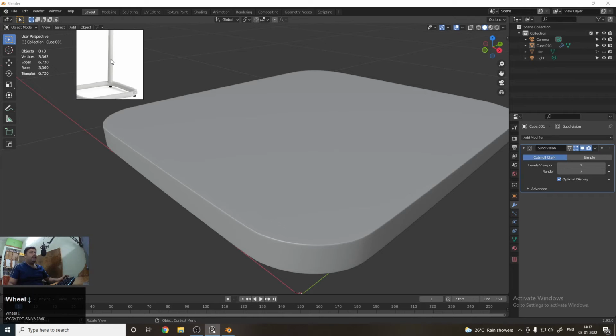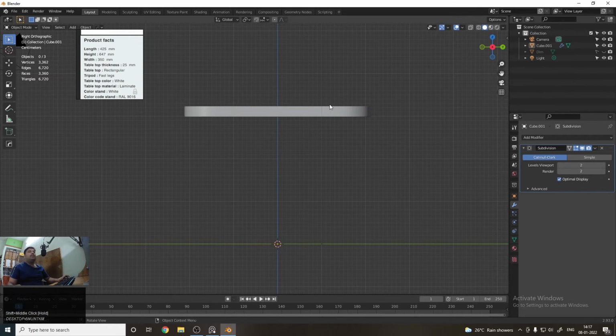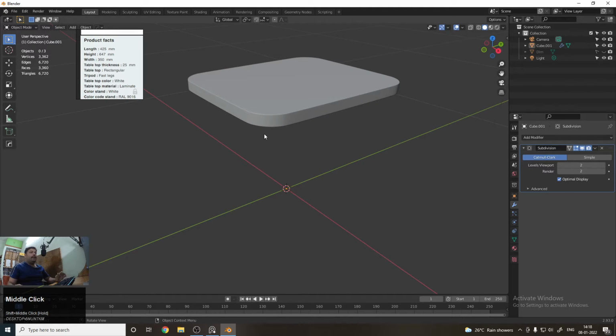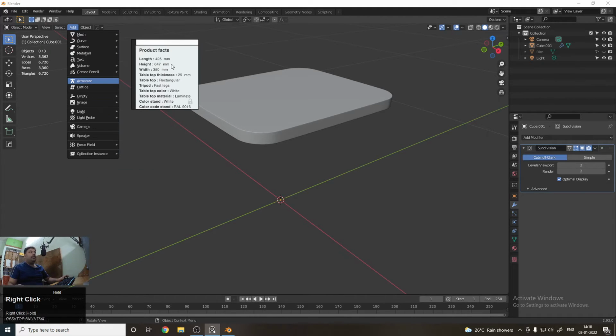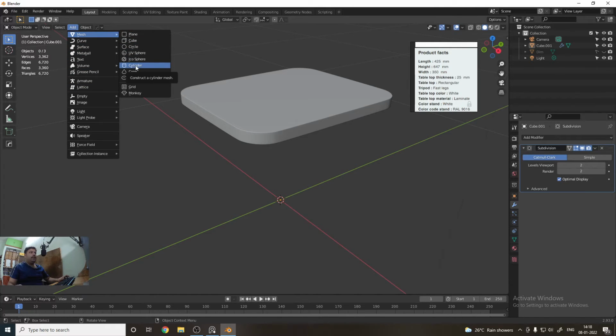So first I am gonna create the cylinder portion, and we have not been given any kind of dimensions for the cylinder part. So we will make an assumption and create this. To create the cylinder part, you have to add a cylinder into the Blender viewport. To add it, you can see an Add button, click on it, then move on to the Mesh option, and you can see a Cylinder option, click on this.